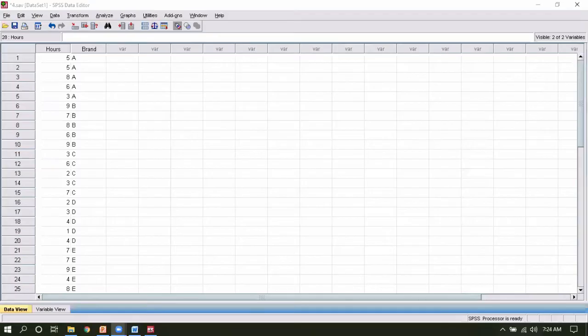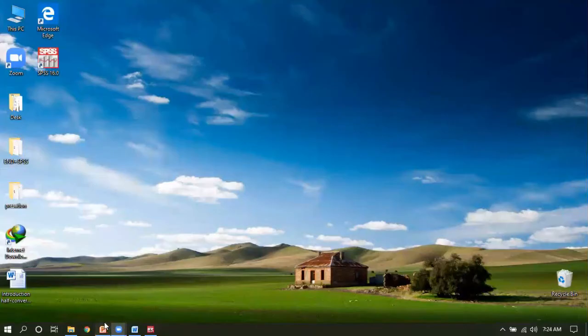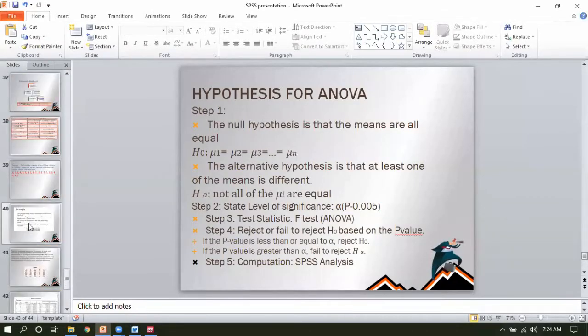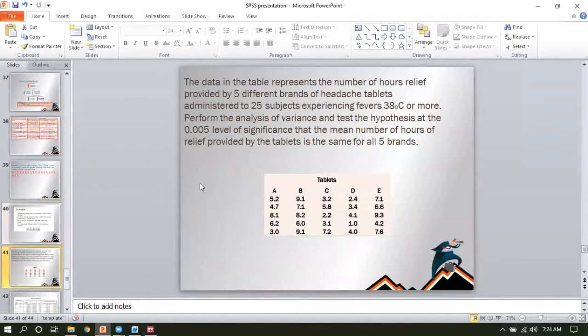Now, friend, we are going to our last topic, that is to test more than one sample, which is taken from the parametric value. So I'm going to share the screen. For that, we will go for another example in our presentation. Now, friend, for more than one sample, we have an example.